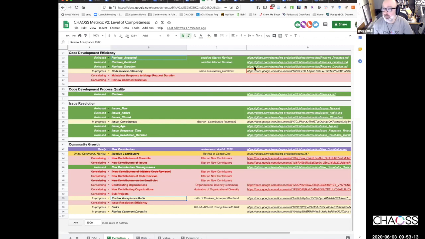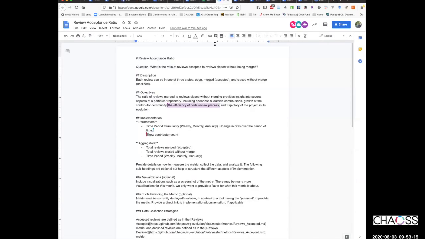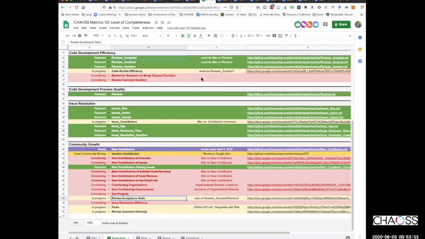A quick question about the review acceptance ratio metric that we're working on. I added the efficiency of the code review process into the objectives as one of the things it can possibly measure. Yes, that's true. If that's the case, and I do think that's the case, what's the difference between that and code review efficiency, which is another proposed metric?